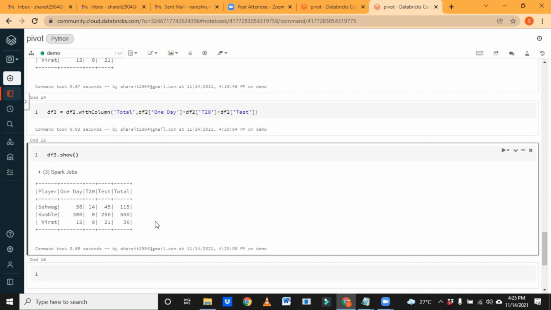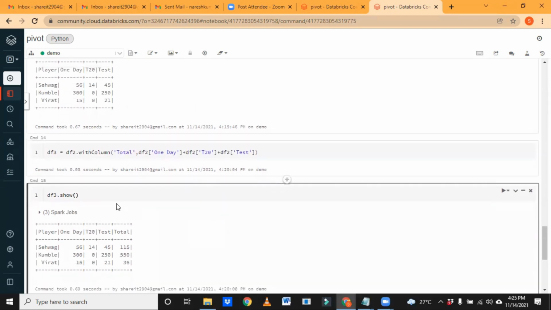So we can use the pivot function in scenarios like these. It is not restricted to one example. Wherever it is applicable, you can go ahead and use it. This is one of the pre-built functions provided by Spark. I explained the PySpark version, but you can also use it with Scala or Java with Spark.